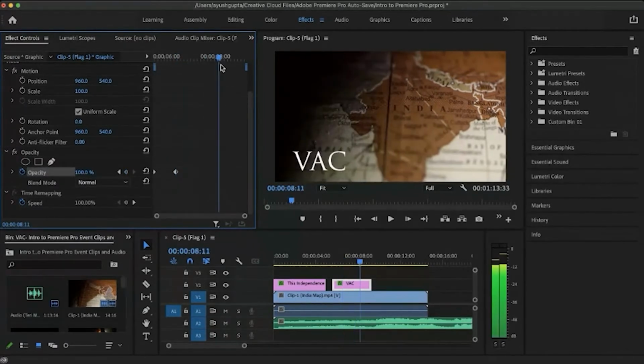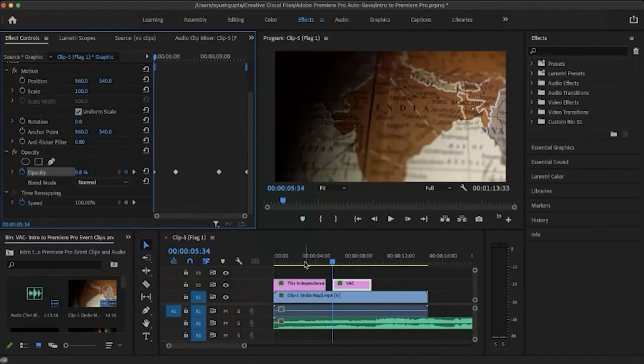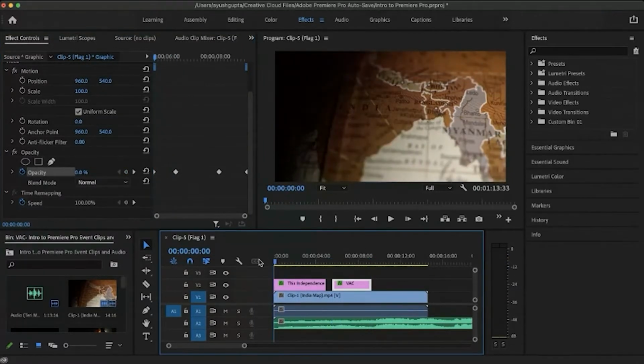And then for the fade out, do the same as we did before. Decrease the opacity to 0. So now if you see from the start of the project, I'll play from.